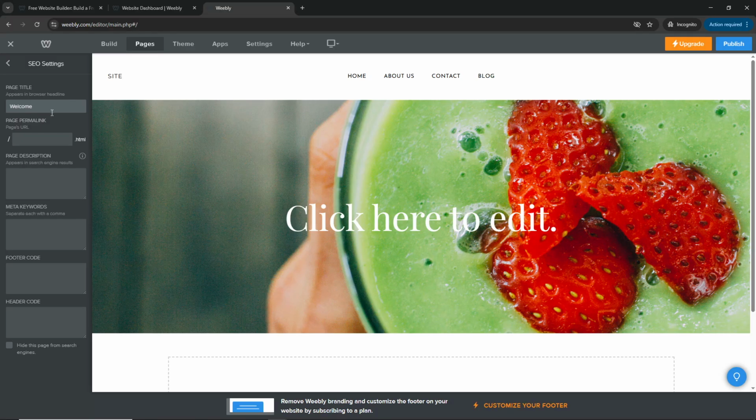the right audience. Next, move down to the Page Permalink or Page URL section. Here you'll edit the part of the URL that comes after the slash. Your goal is to make this short, simple, and keyword-based. A clean URL structure not only helps with SEO, but also makes it easier for visitors to remember and share